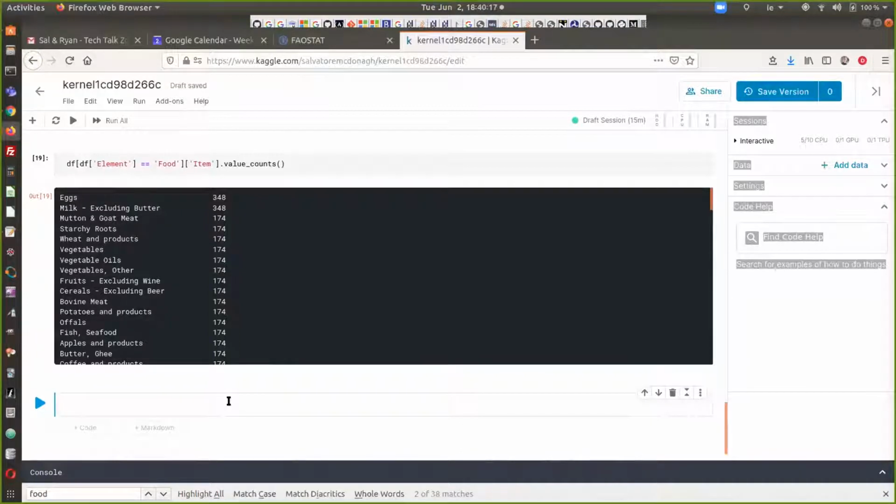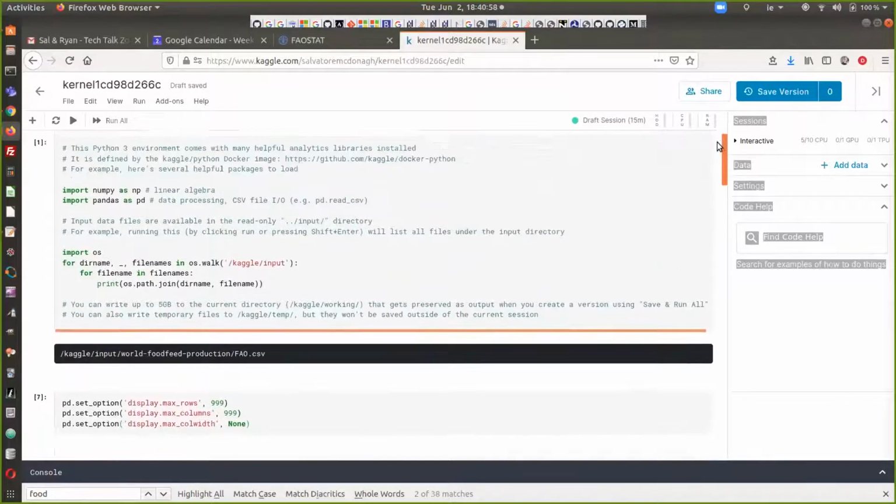So let's do our first pivot table, because this is mainly going to be about pivot tables. So let's just do a pivot. So we go pd dot pivot table. And then we have to tell it what the data frame is that we're going to use. And then we're going to say the index is, and let's just use element as our index, because we want to just see by element. And then we want values, and we want to, let's just get a sum of tonnage, right, for all the